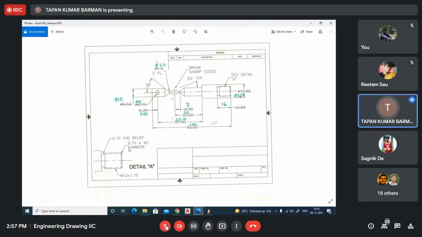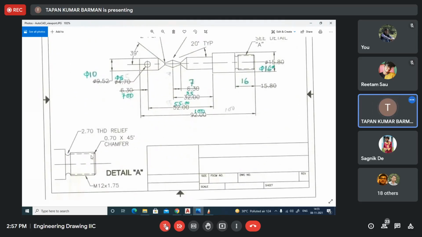Yes, sir. So here also you can see, you may calculate it, 0.7 into 45. So you may take one chamfering distance of 0.7 here. Taking this point, you can make this thing 45-degree angle. So you will get this corner point. Okay. From here also you may draw one line.